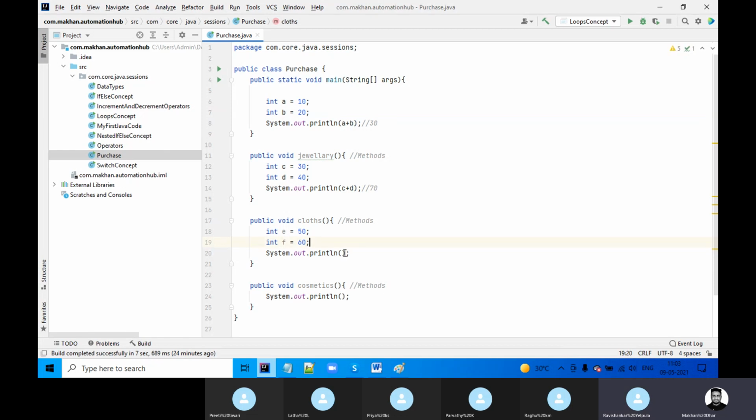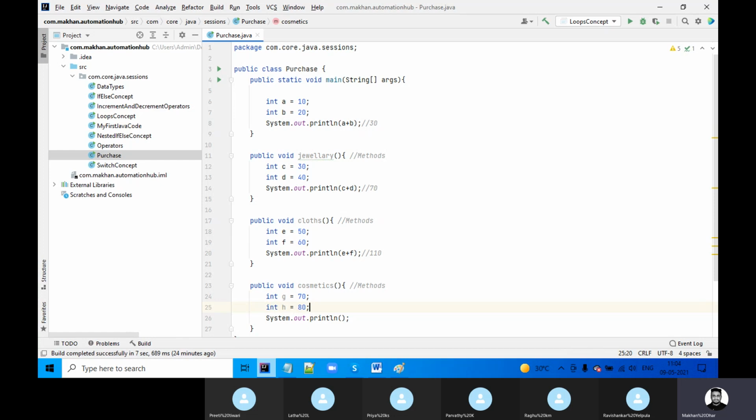Now again I want the value for E plus F, that means 110, right? Now again, for example, int G equal to 70, int H equal to 80.